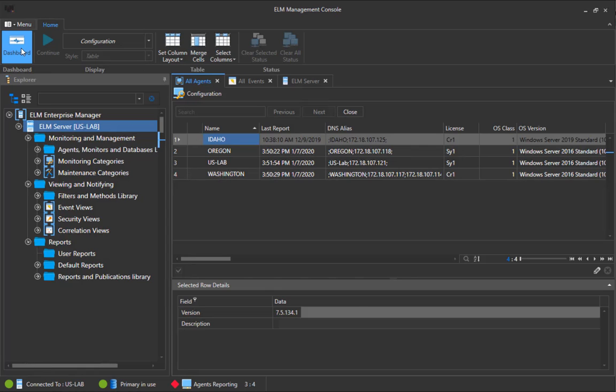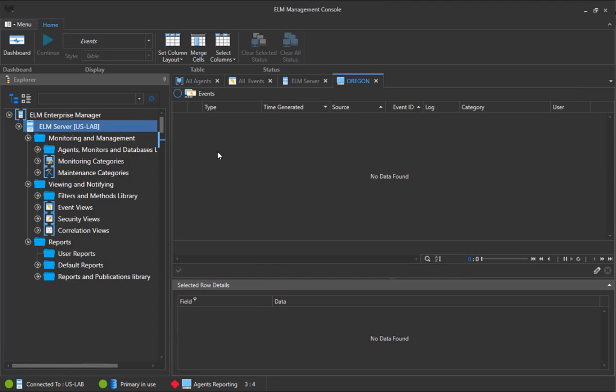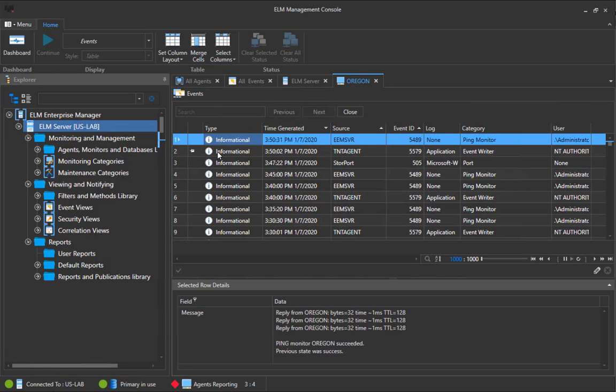Flipping back over to the dashboard display, let's walk through each of the status indicators and options on this document. Again, we can change the column layouts here from default to performance details to status details to all. Let's stick with the defaults for now. If we click on the name of an agent, it will launch a new document displaying the events for that agent. We'll go into consolidated event views more in detail in just a bit, so let's jump back to the